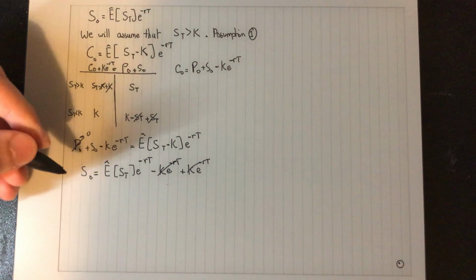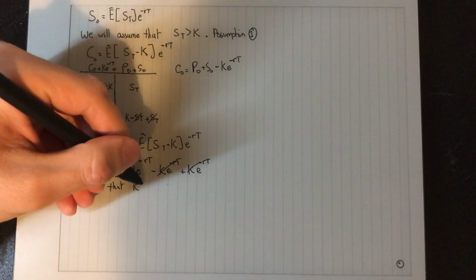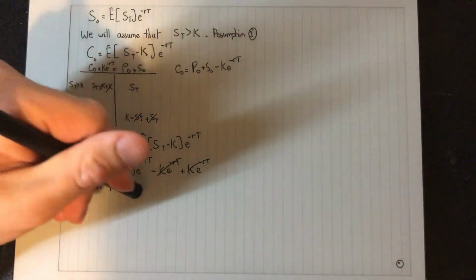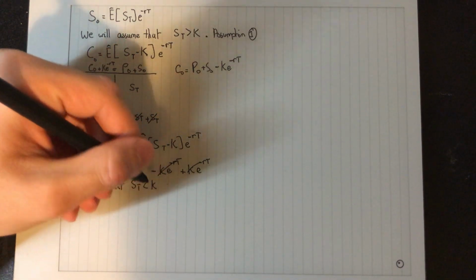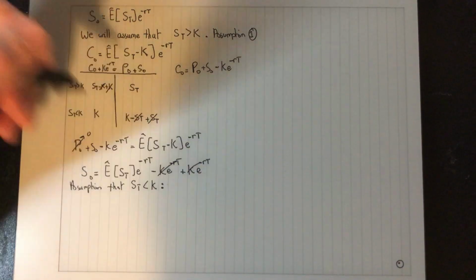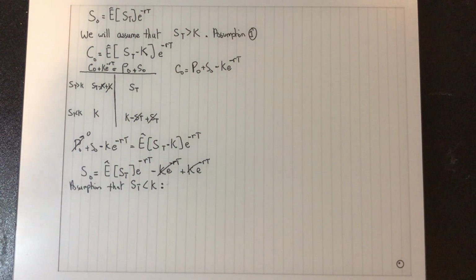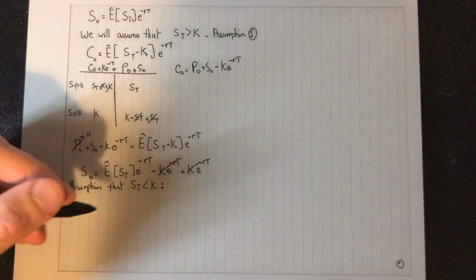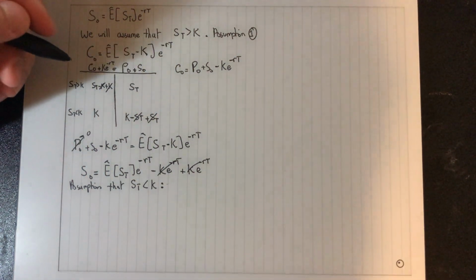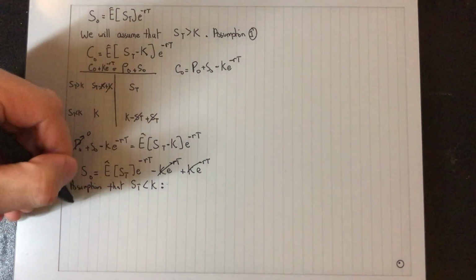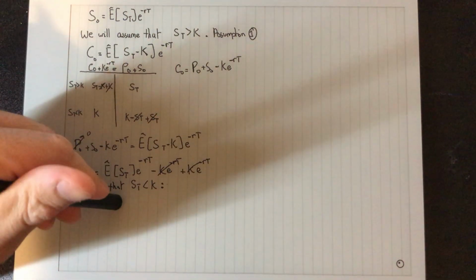So what would happen then is, assuming that ST is less than K, we can look at it from the value of a put option, and we can arrive at the same exact answer of S0 is equal to the expectation of ST by having P0 equal to the expectation of K minus ST,